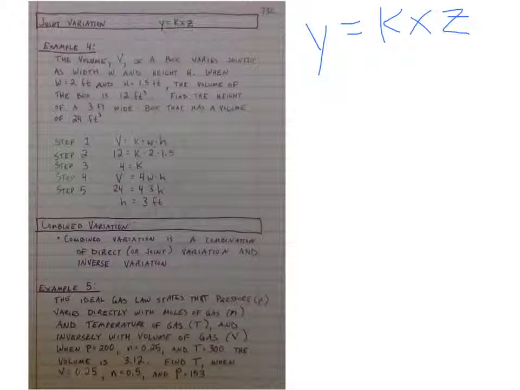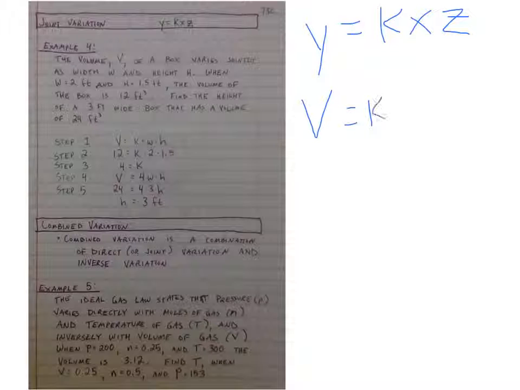All right, joint variation is basically a direct variation function where you have two variables that are in variation. So what we have typically for a direct variation, y varies directly as x. Well, with joint variation, we're going to say y varies directly as x and z. So our example 4 gives us one scenario here where it says the volume of a box